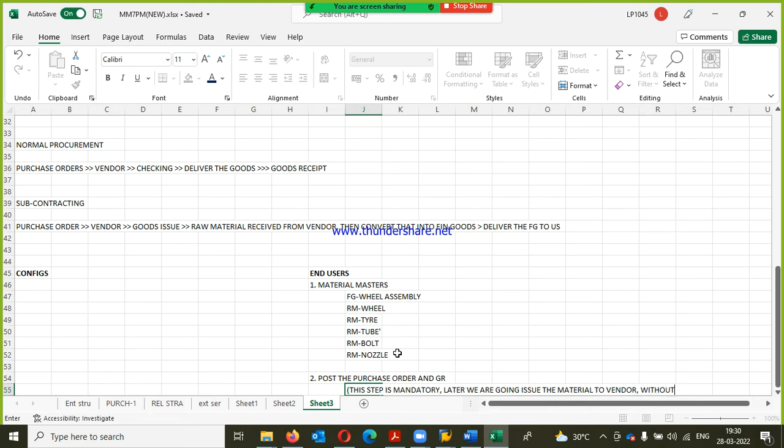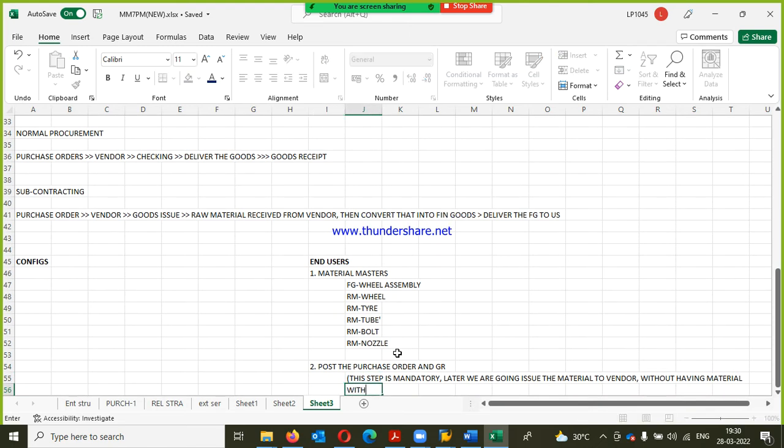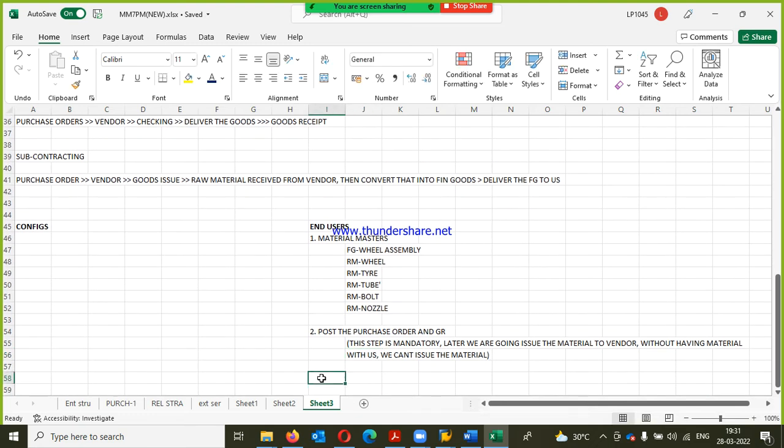Without having material with us, we cannot issue the material. So it is very important. First we will post the purchase order and we will do the GR. So after that only we can issue the material to the vendor, right? This step is very important. Then the second step, it is important, mandatory. Third step is